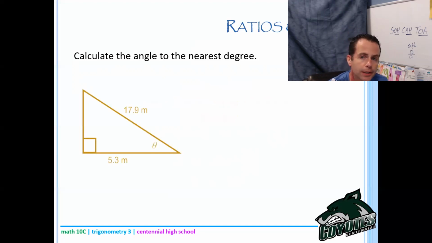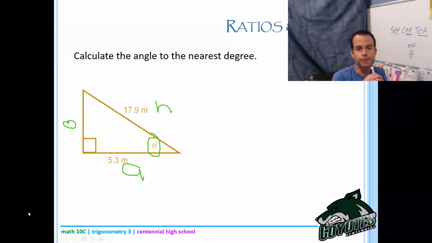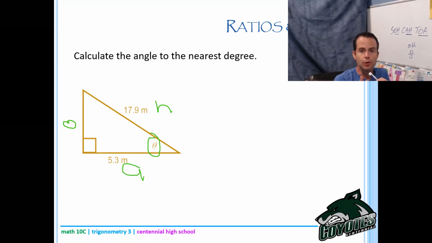Okay, so calculate the angle to the nearest degree. So now I'm back into a triangle. I need to take stock of what I have and what I need. Okay, so given that this is the angle I'm looking at because it's marked as theta, this is my opposite, this is my adjacent, and this is my hypotenuse. So I don't have the angle, but I do have the adjacent and I do have the hypotenuse. So which trigonometric function uses adjacent and hypotenuse at the same time? That's cos. So I'll say cos of theta